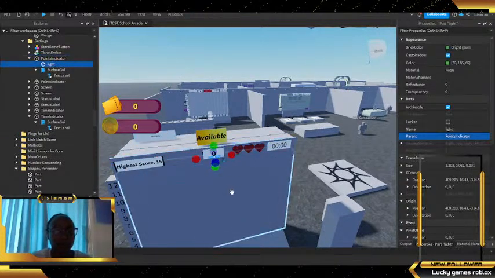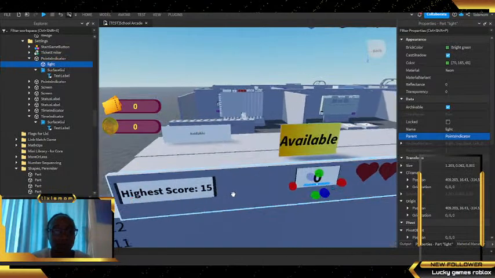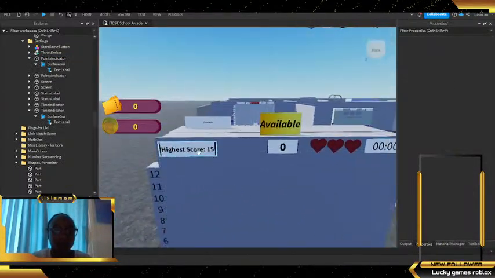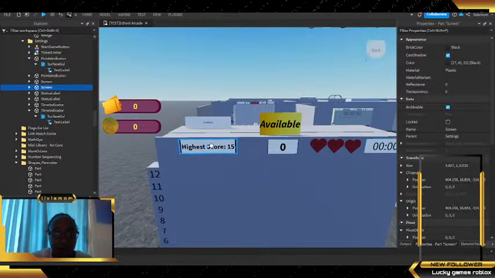Okay, so the light was a troublesome thing a while ago. I'm gonna delete the light for now. I'm gonna put it back later. Okay, so now our highest score,